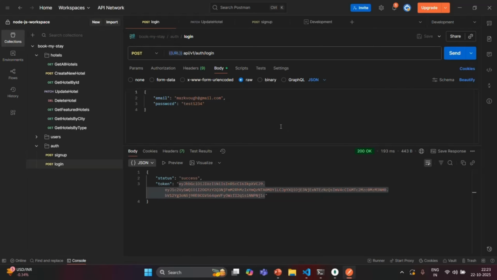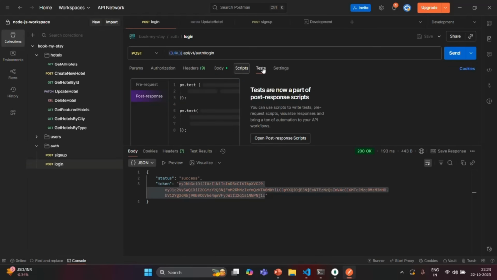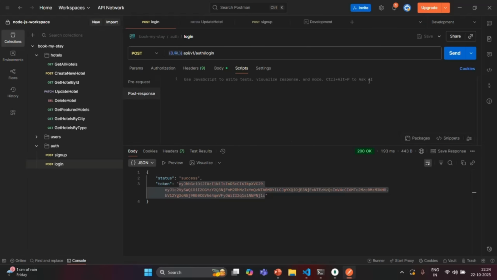There, I want to create an environment variable programmatically. So for that, let's go to tests, and in here, I'll click on this button, open post response scripts. And here we are going to write a script. And the script which we are going to write here is